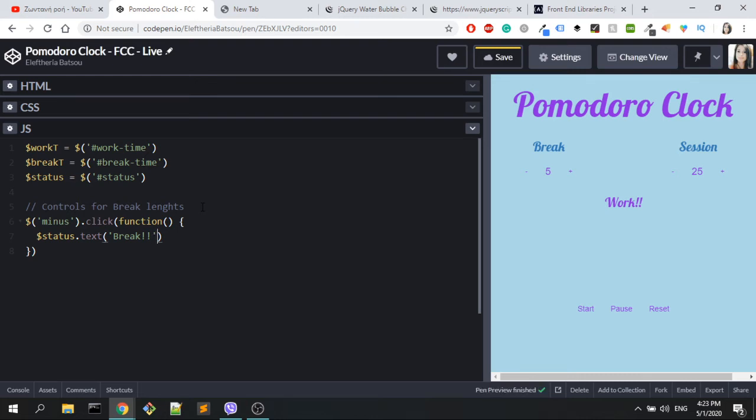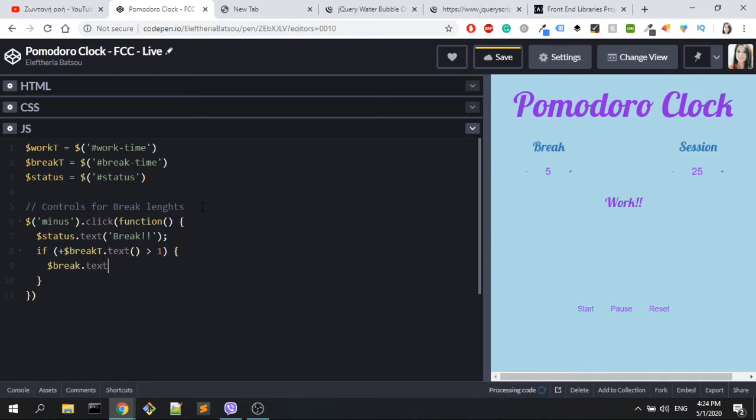The other thing that we are going to use is an if condition. For this if, we will start with break t dot text, and if this is greater than 1, then we can have